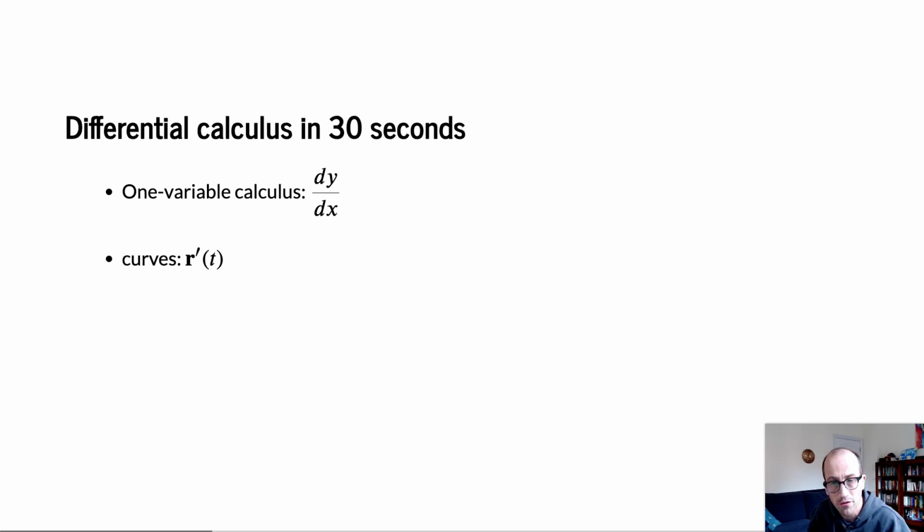Then we looked at curves. Again, we had a rate of change. What was changing? Position was changing. So that was a vector. You had a difference in positions, a vector, divided by a change in time, a scalar. That gave us a vector. So it was still a rate of change, but it was a change in position divided by change in time. For scalar fields, which are functions of several variables,